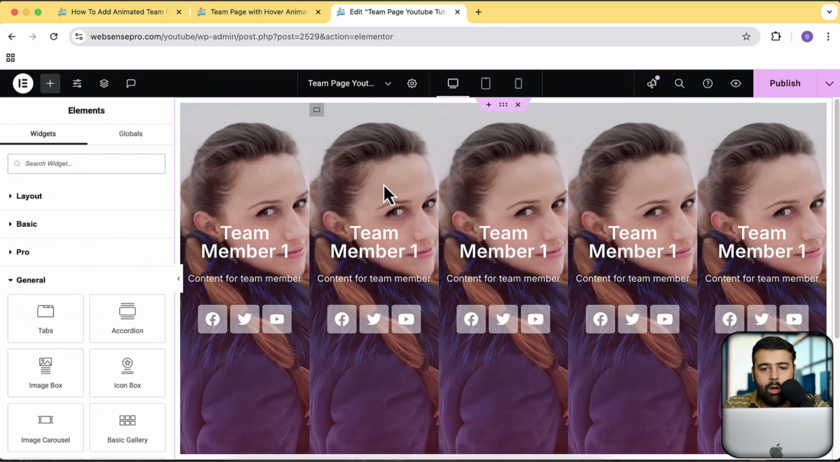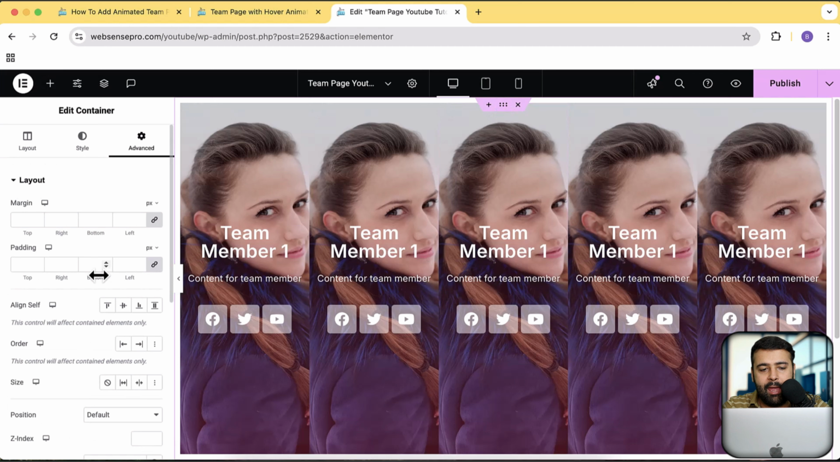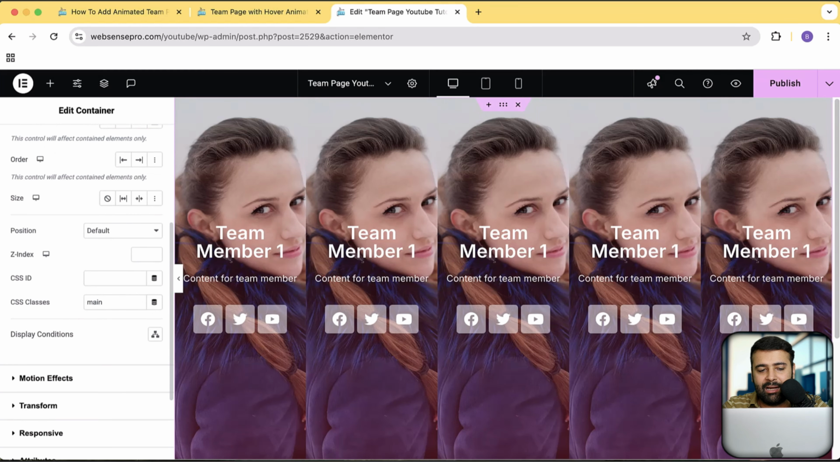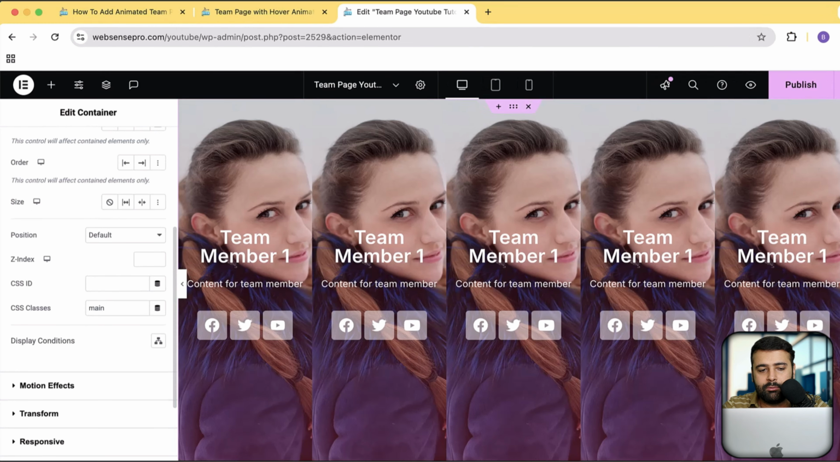Perfect. Now you can see that we have this top and left right space showing up. So click on main container and then in padding select 0. Perfect. Now we don't have any space showing up. Now all you have to do is just go to main container again. Make sure you have the main as a CSS class